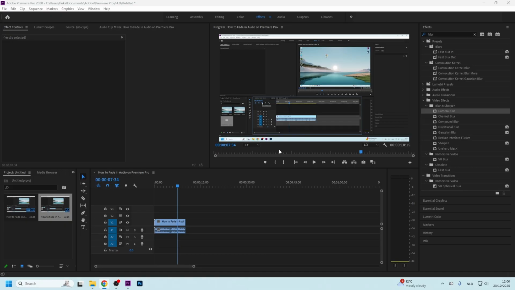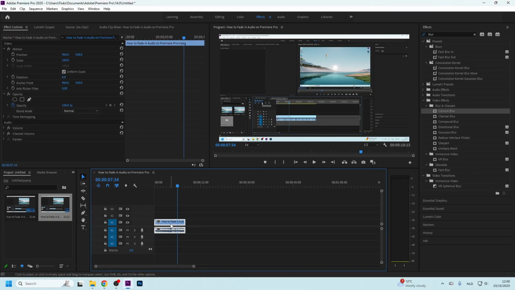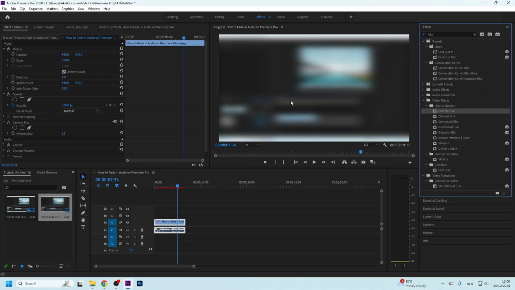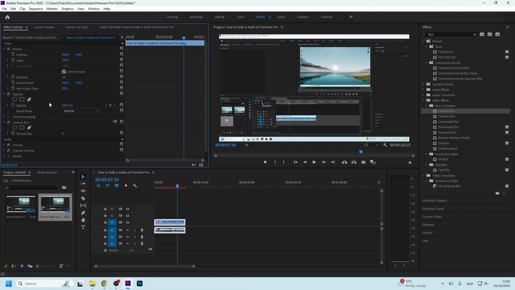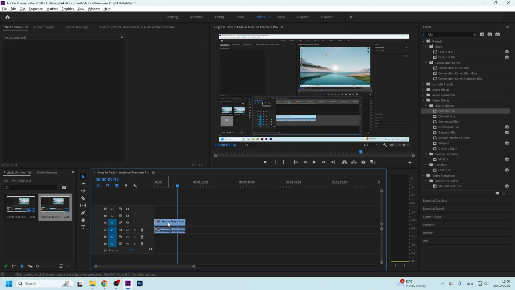And we can do this in two ways. The first way is to select your video right here, search for blur, then you have Camera Blur here. Throw it on your video, and right now you can change the percentage of blur with this right here. The other way to do this is to delete the Camera Blur and then hold Alt and throw this track